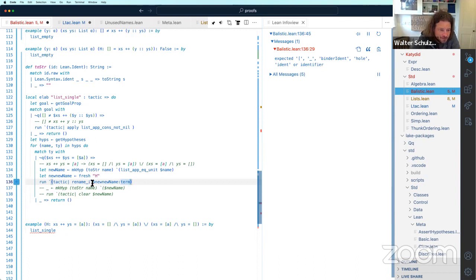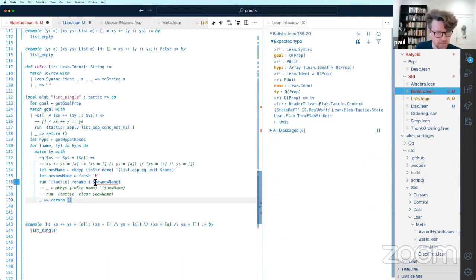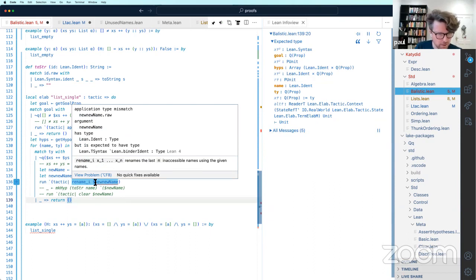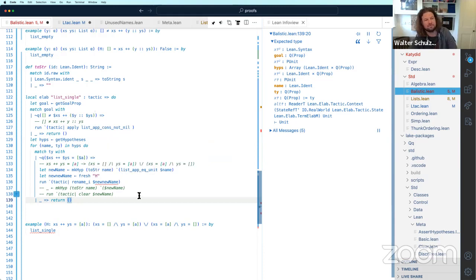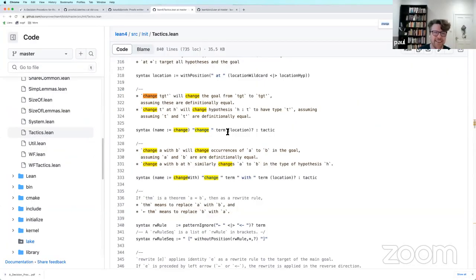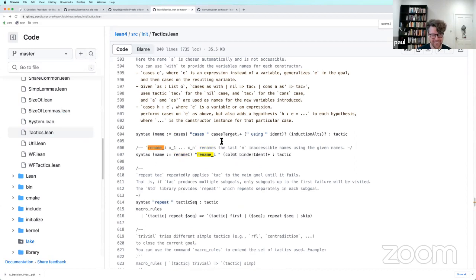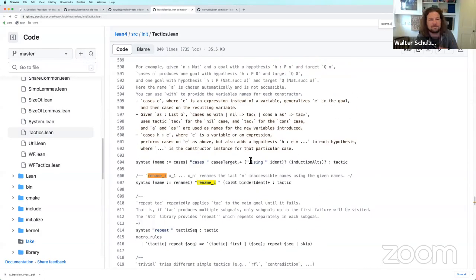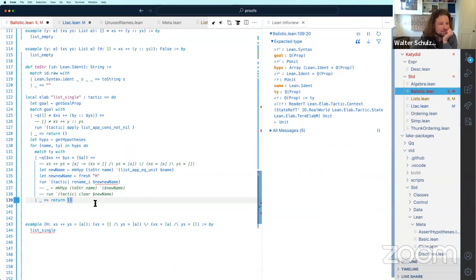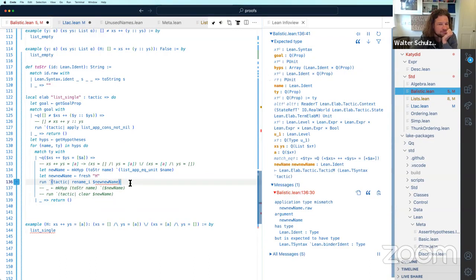No. Yeah, what's the problem? Binder ident. It wants a binder ident. Okay. Which I don't know what that is. No, me neither. Rename I. Binder ident. Oh, so close.